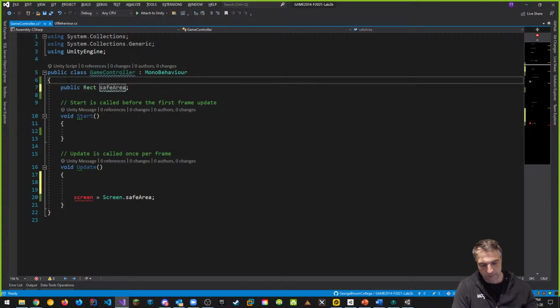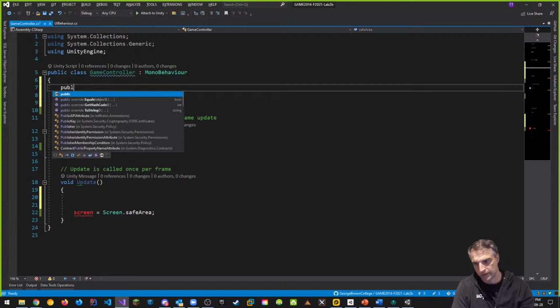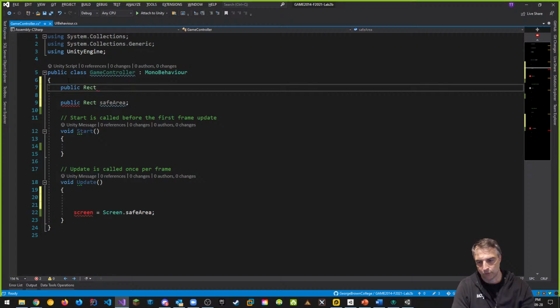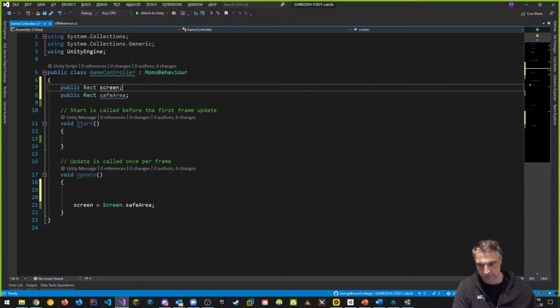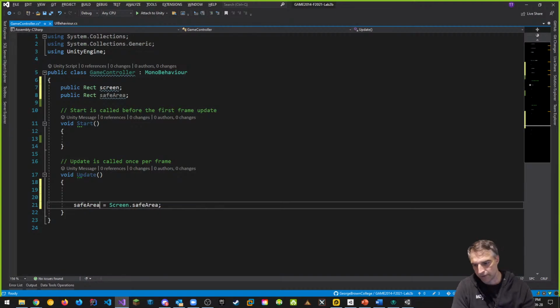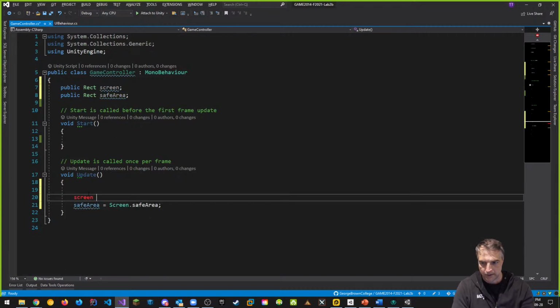And then we'll also do a public rect. Just bear with me. A public rect for the screen itself. All right, so the screen and the safe area. And let's see if we can get both of those values, which is what I want. So again, safe area is going to be safe area. And then screen, I want